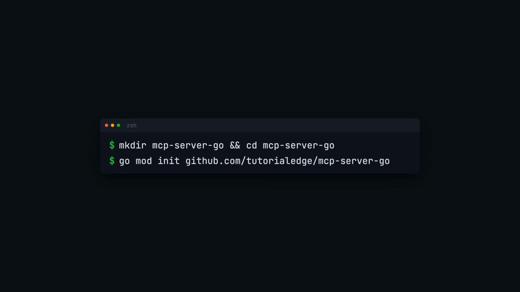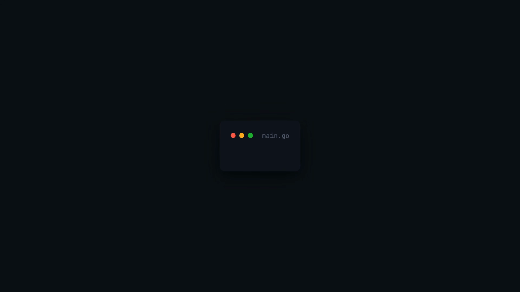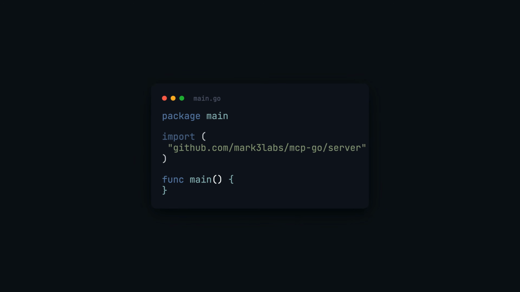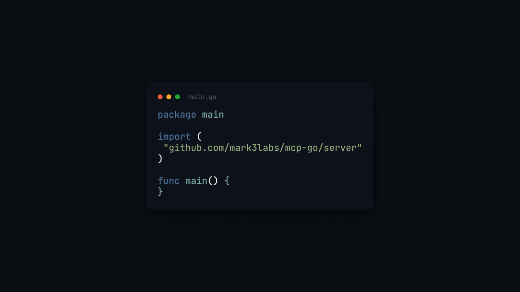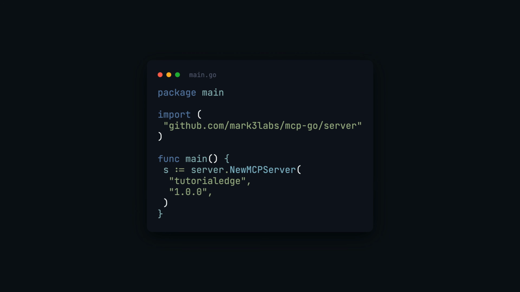Let's open this project up in Visual Studio Code and let's create a main.go file. Now we'll start with an empty main and we'll import the server package. Now within the main func, let's construct a new server with the new MCP Server function. The two arguments, the name and the version, are the server's identity, and they're what a client sees when it